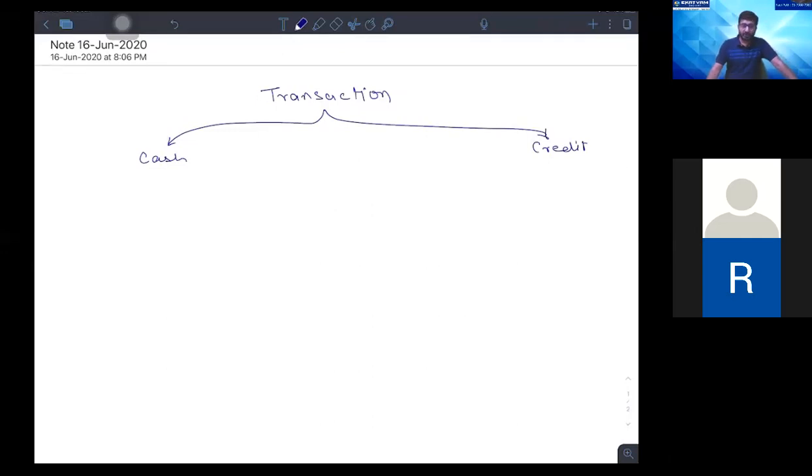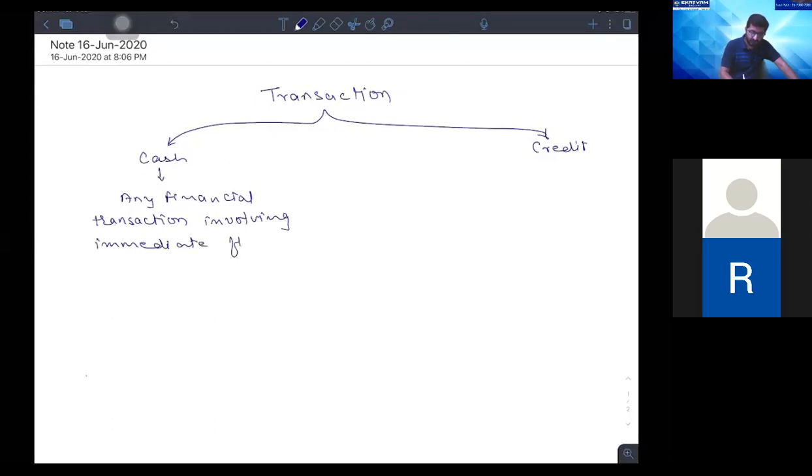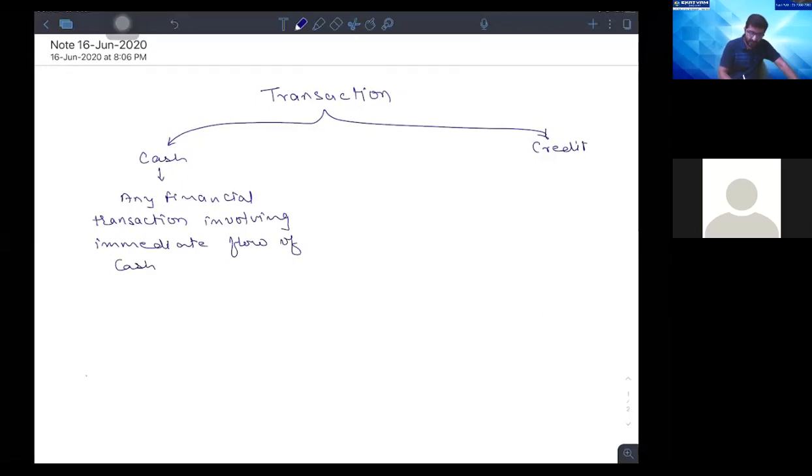Yeah. So, what is a cash transaction? Any financial transaction involving immediate flow of cash or check. That is what we call a cash transaction. Whereas,